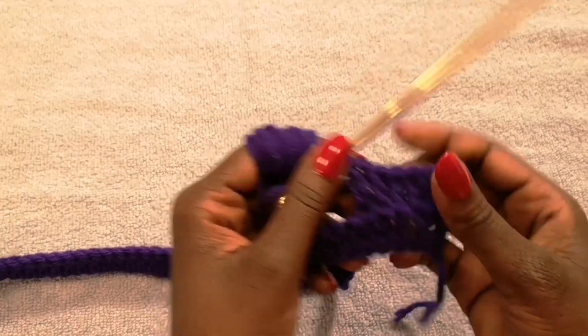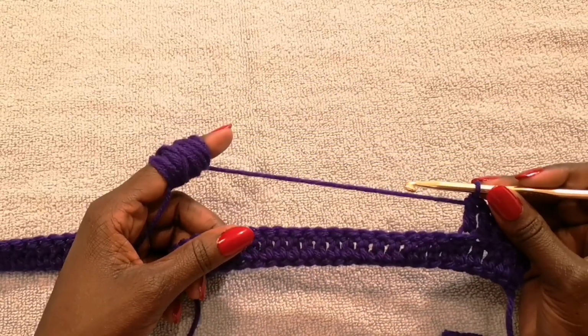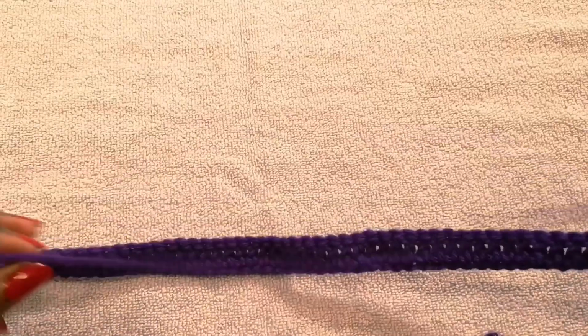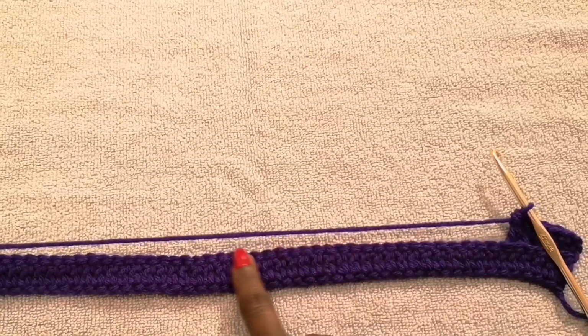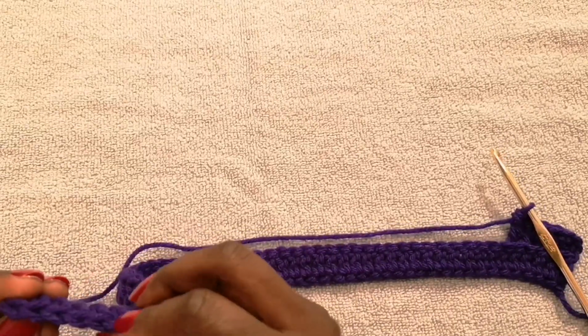Okay, so I will let you build up your work. So what I'll probably do is I'll do about 14 rows of this, and then we're going to do something a little bit different. But as you're doing your double crochets along the back of the chain here, along the back of these